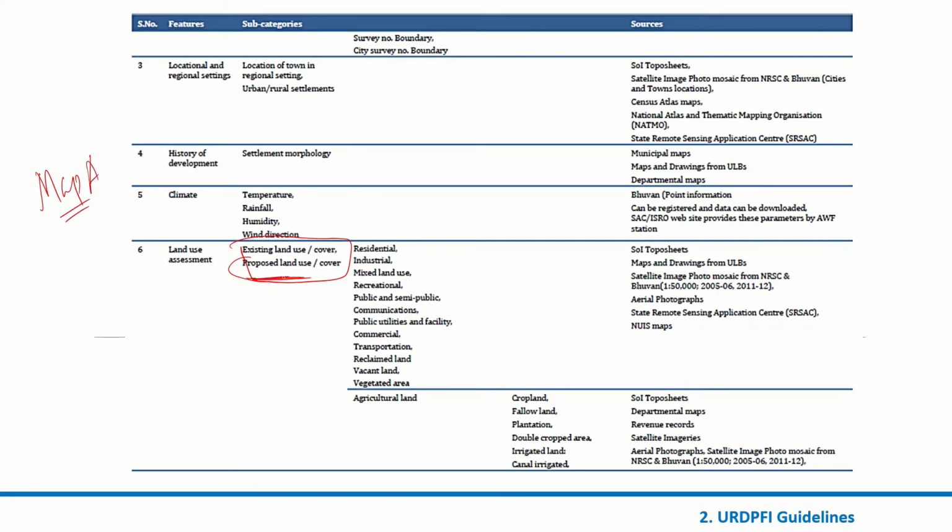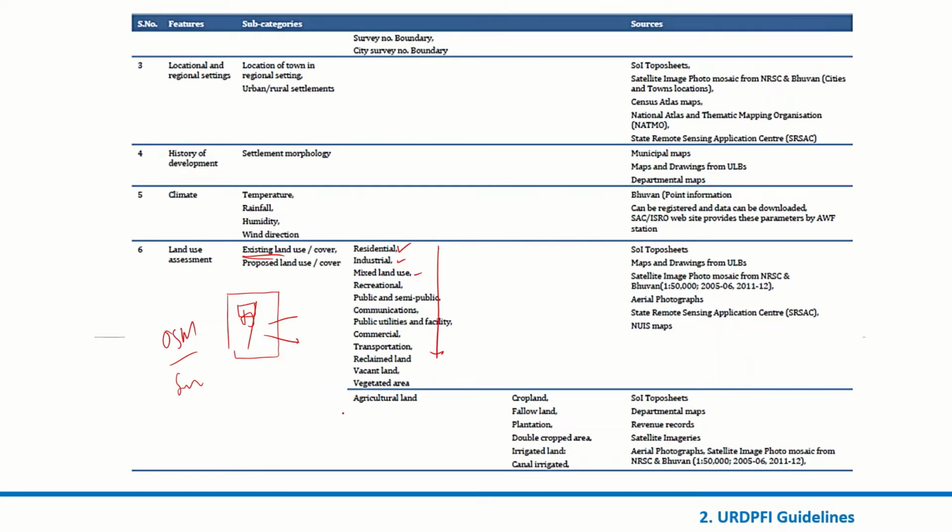That itself is sufficient. We'll also be using our own sources, the OSM base and the satellite images that we have taken, and we'll be doing digitization of the study area. Once you go to site, this digitization can be classified based on your primary information, whether the building is residential, commercial, industrial, mixed use, and so on, all the typologies of the buildings.